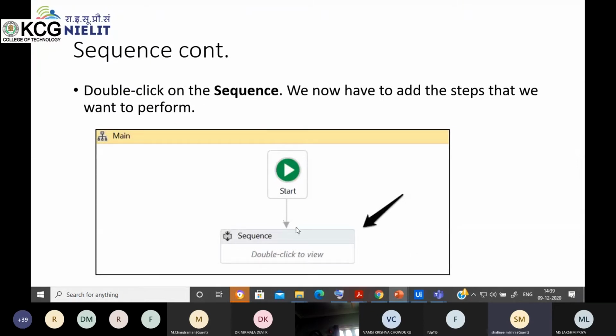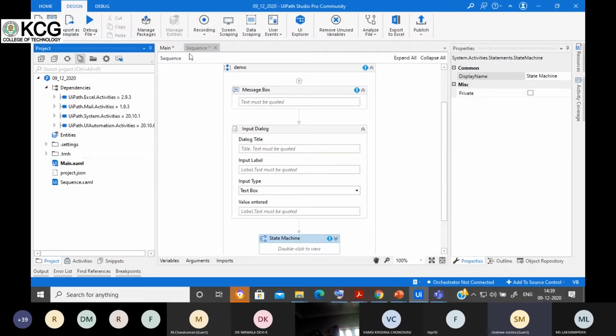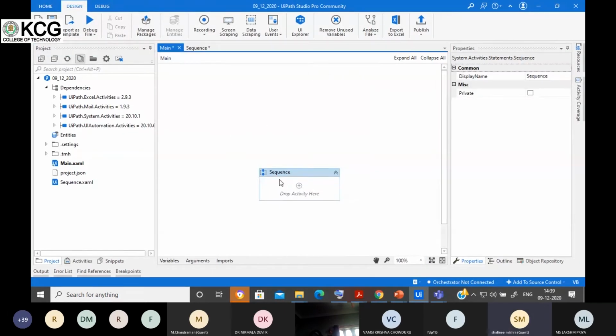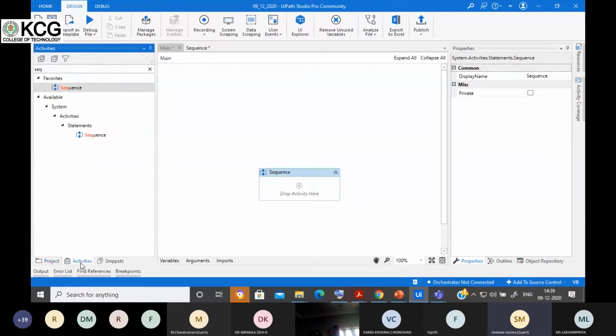Now this is the sequence. Like in the main, if you want to add the sequence, then you can search in the activities panel. I searched for the sequence here in the activities panel, so the sequence got added.